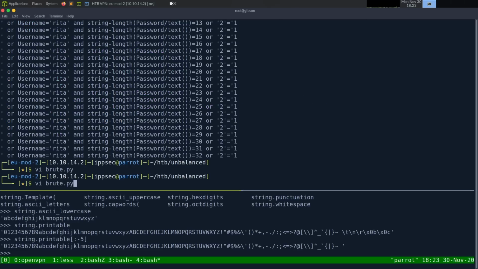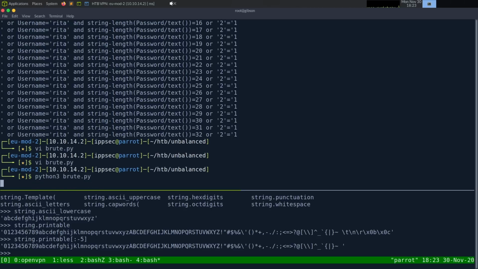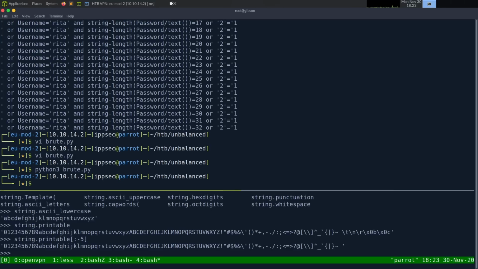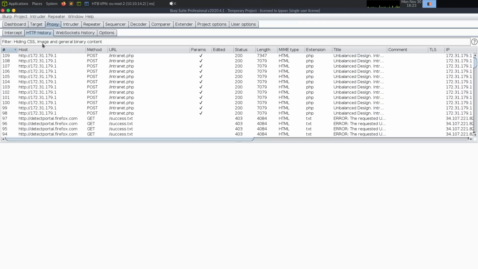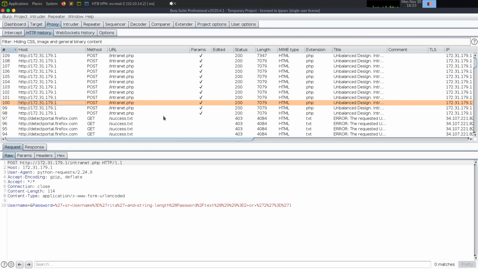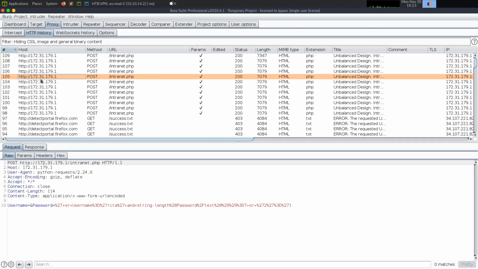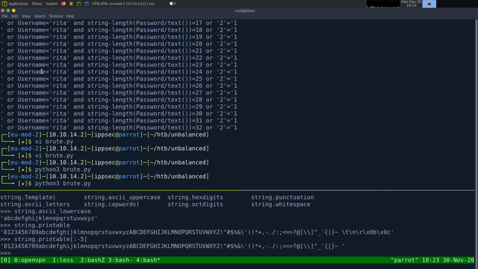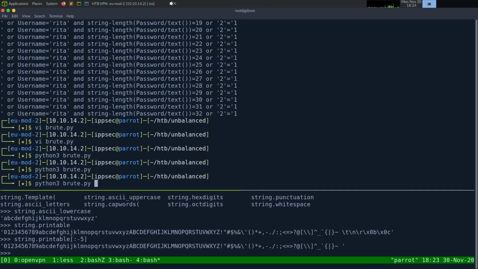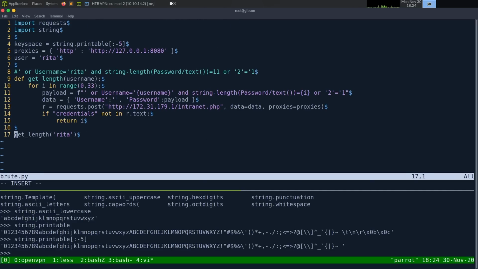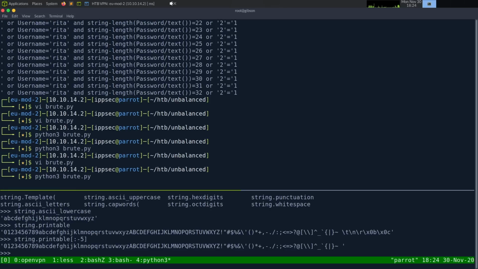So let's try running this. Let's get rid of, oh, we don't have the print in there anymore. Run this, and what should come back should have come back with 11. So we can go to proxy, the history tab. And let's see, 109. Doesn't look like it's going. Or maybe it was. Go, go, go, and then stop. Oh, we don't have a print at all. Print that. There we go,